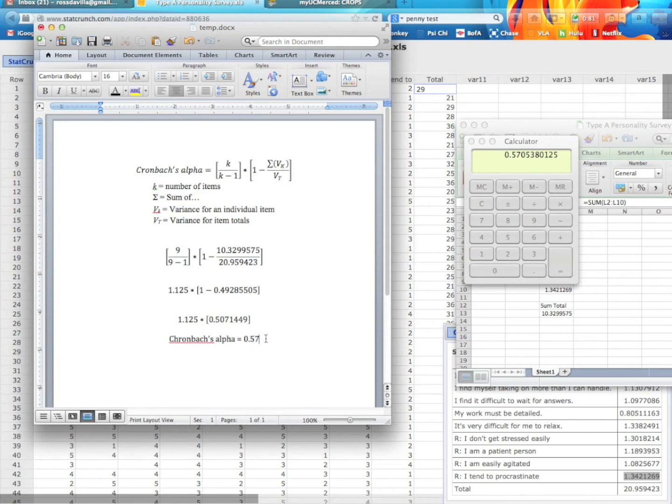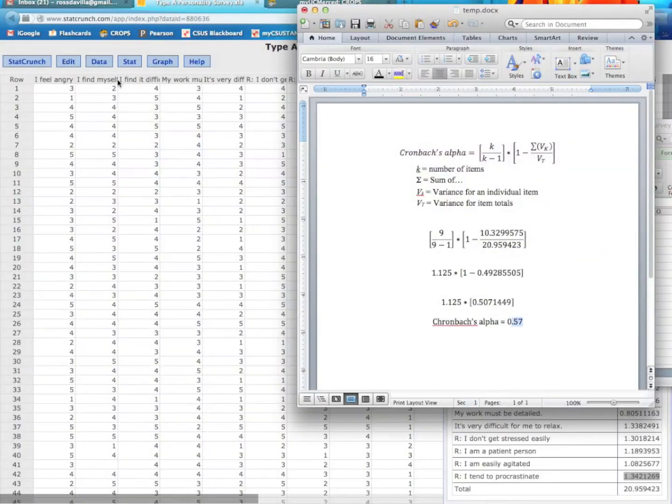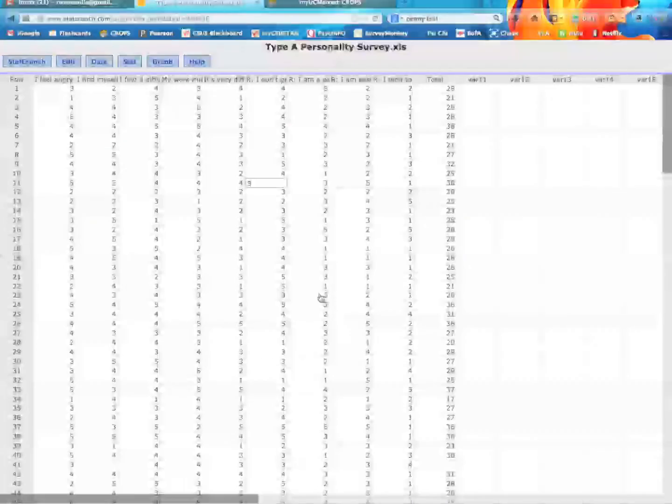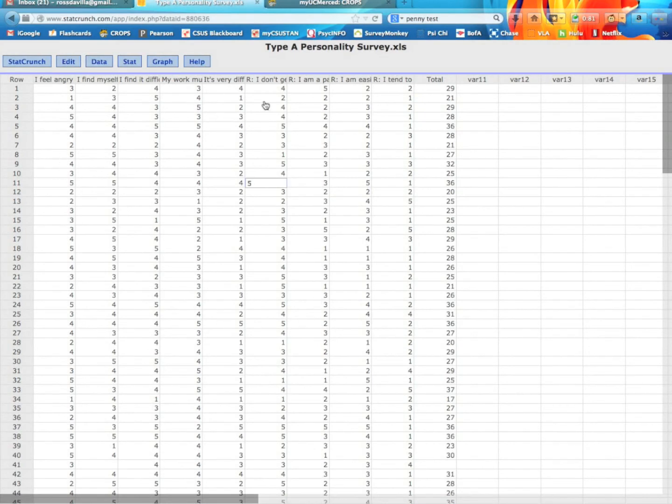But basically, what this means is that some items in our scale are maybe not measuring the same thing as the rest of the items. They're not correlating with each other quite as expected, as it would be if we had a Cronbach's alpha of 0.7 or higher. One nice thing to check when you're doing a Cronbach's alpha calculation is that you're always going to get a number somewhere between 0 and 0.99. Since we got something in between, that's a good indication that we did everything right in the process. If you end up getting a number that's really off, like it's negative or it's above 1, you've clearly done something wrong in the equation, and you want to make sure you check the steps over again.